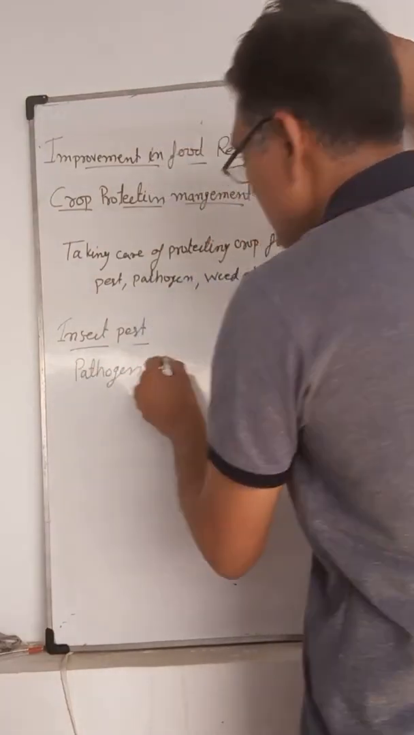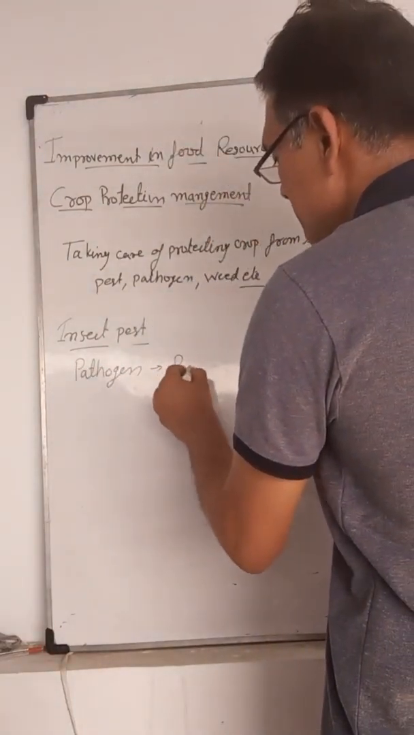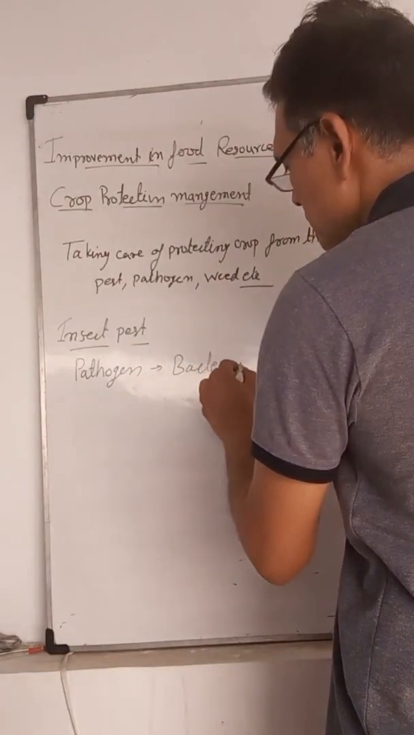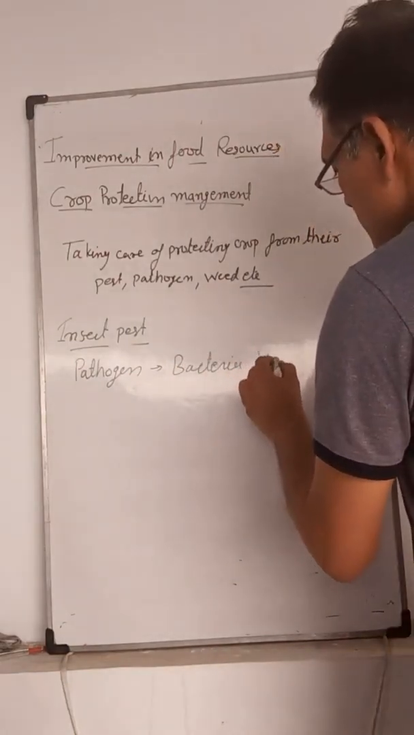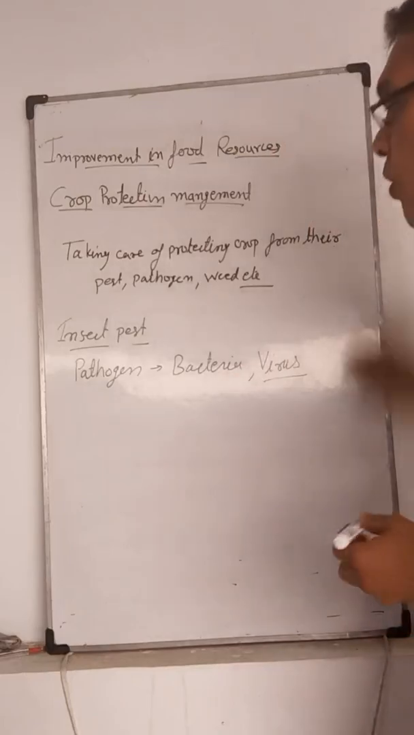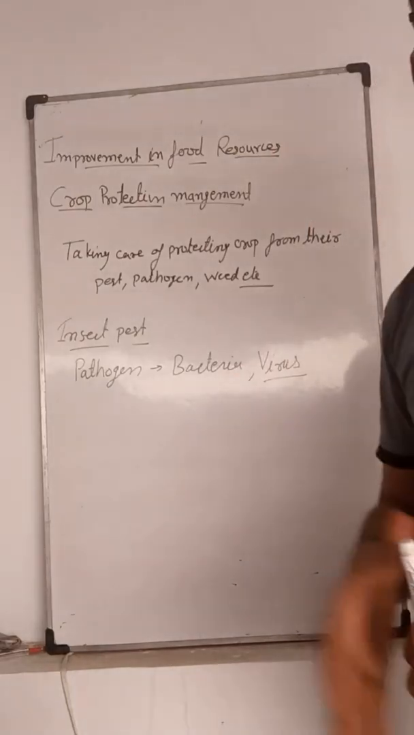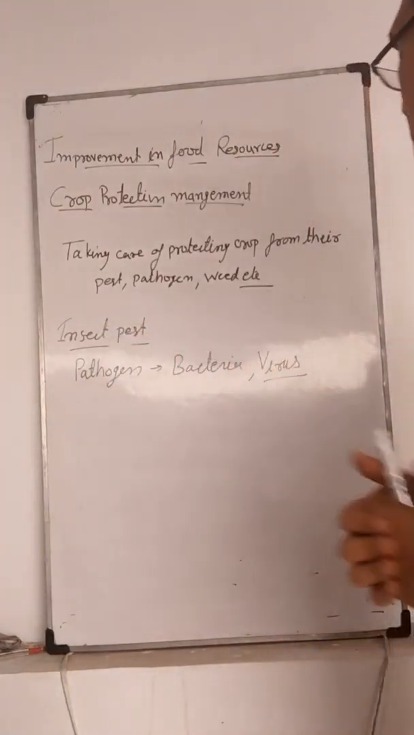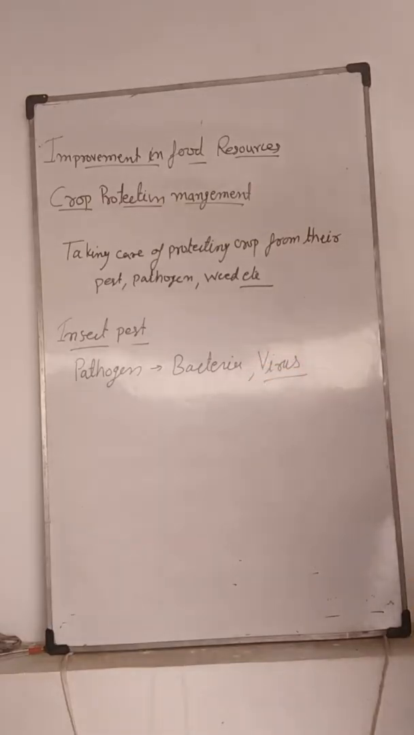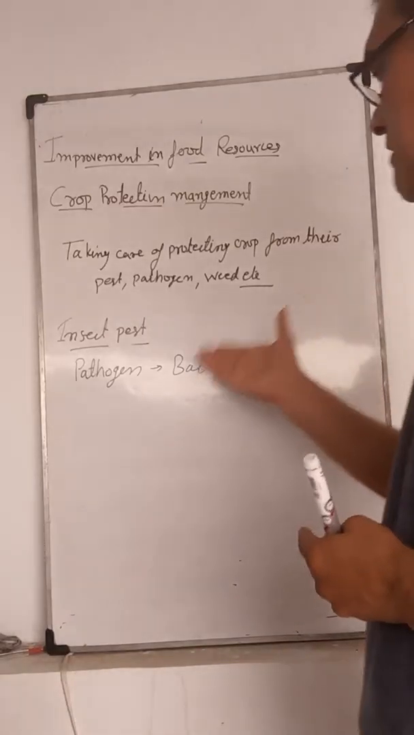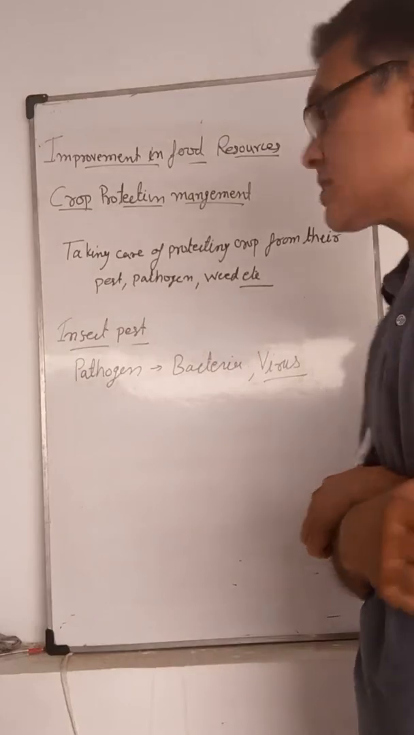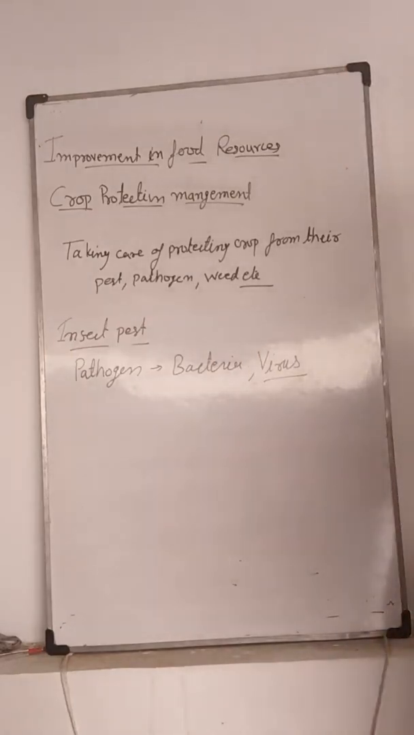Pathogens are also present, that is bacteria, virus, which cause disease in the plants and also reduce their production. These bacteria and viruses cause different types of diseases and reduce the production. That is the pathogen. So all these